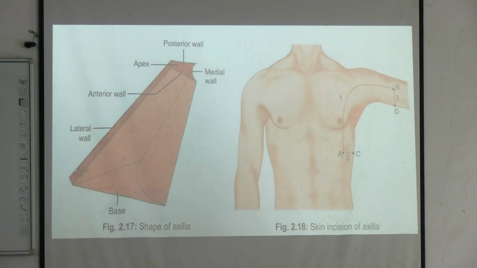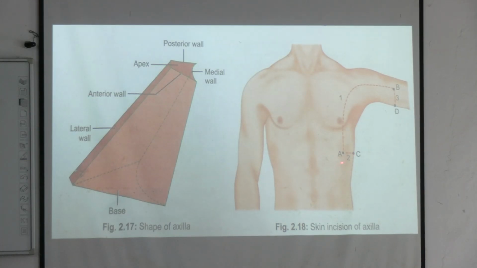And this is the incision line for axilla. You see here, this is how incision is given. You have to identify the sternal angle where the second rib is joining. Okay, so second costal cartilage is joining with the sternum. So identify this from here, second space, third rib, fourth rib. Along the fourth rib, a point is taken along the anterior axillary fold. Okay, and this incision is extended to the posterior axillary fold.